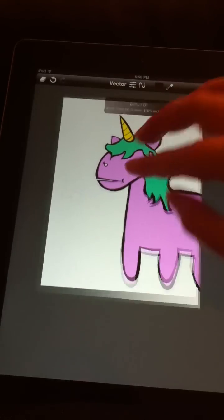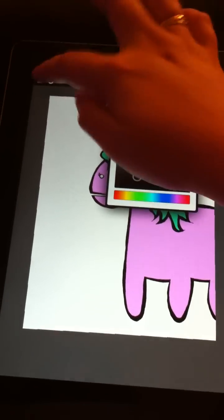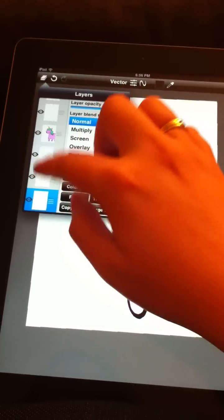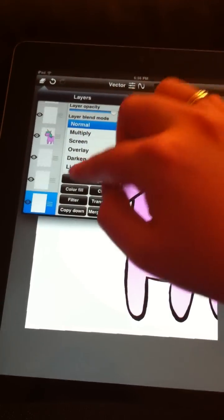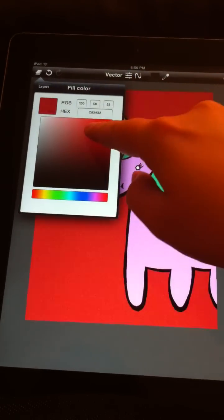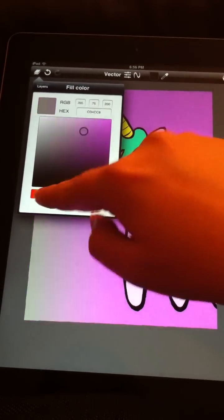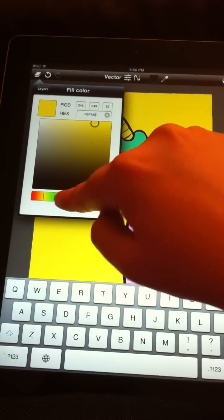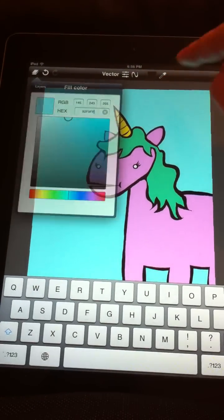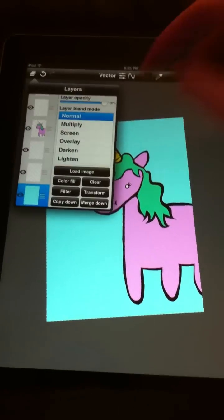And how do I shade it? Well, I'll do a background. I choose the bottom layer. I might take him up a couple of layers so that way I've got a few to play with. So usually the very background I use color fill, and this will actually color the entire canvas. So I can just choose any color I feel like. But in the meantime I might just choose, because I might want to do a pretty sky background. So I'll choose a light blue. I don't know why the keypad came up then. Crazy. Right, so